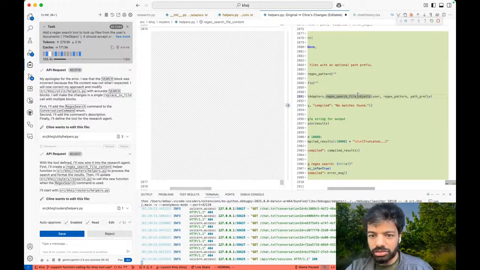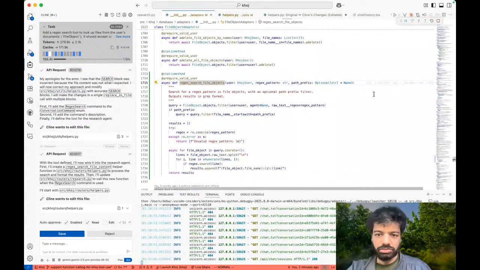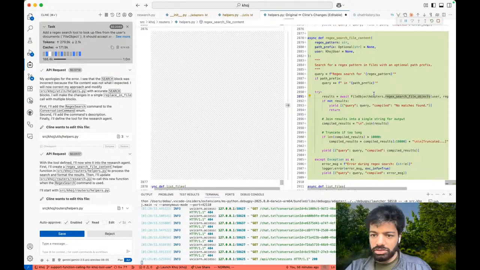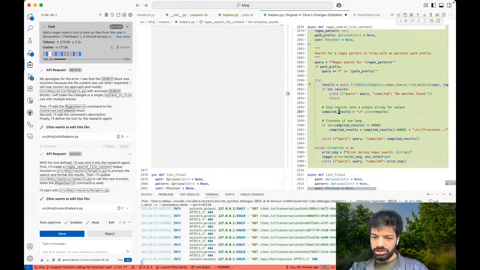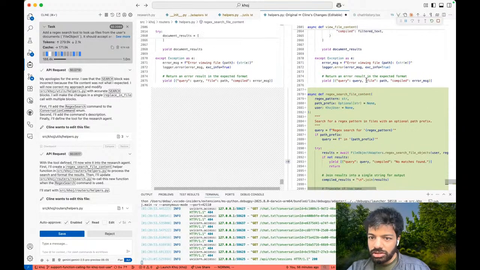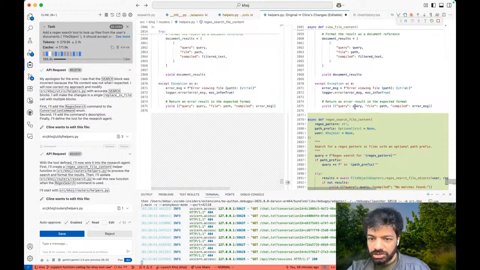That is correct, I think. Right, that's correct. And then it joins the results, and this is query compile. Oh, it needs the file path as well, I think. Right, this kind of form it needs.